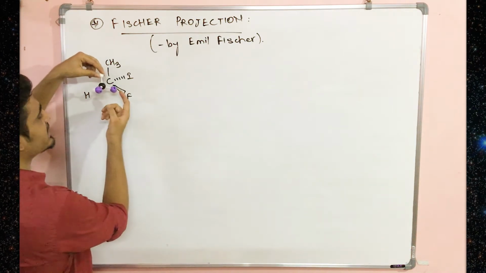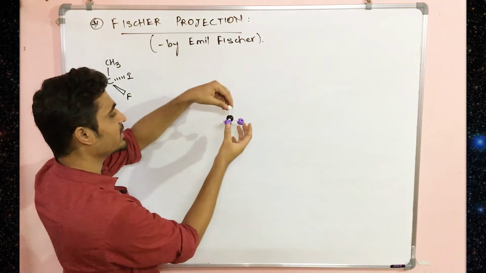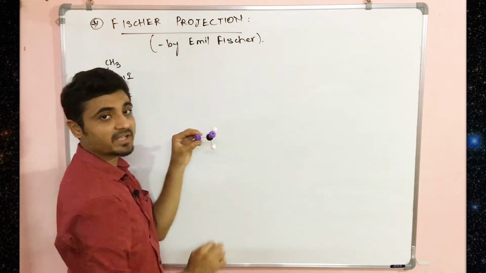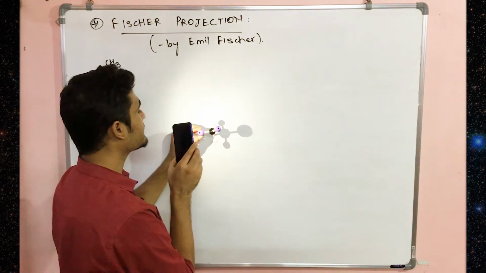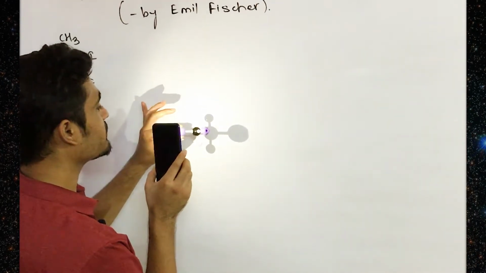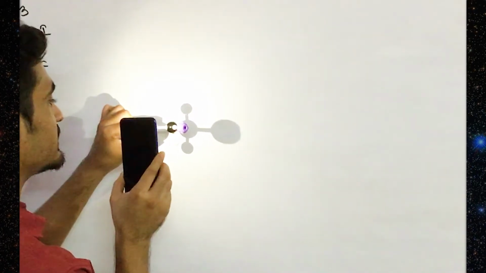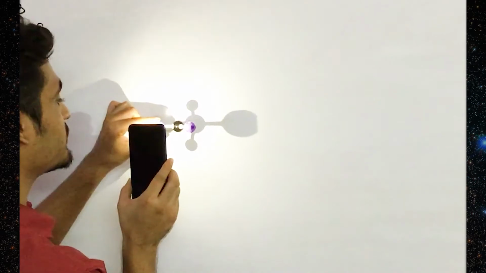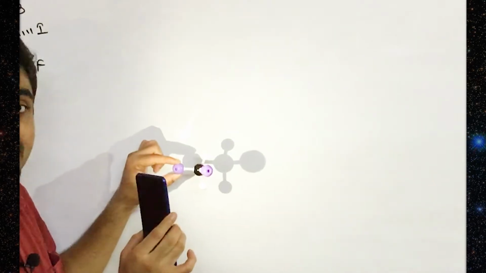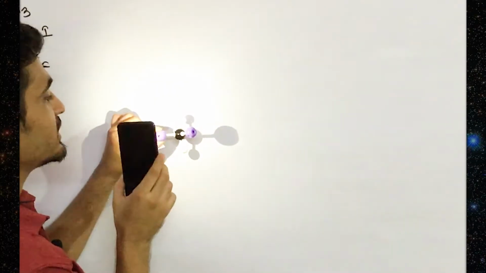These two bonds, going backwards and frontwards, are that bond. Now what he did is he rotated this compound a little bit, tilted it backwards, and took its projection on this 2D plane. Let me show you. Right, like this. If you look at this projection, this three-dimensional molecule is now projected on this two-dimensional plane, and if you look closely, you can see that these purple atoms, which are coming towards you, or basically above the plane, are on the horizontal bonds, and the white atoms which are going below the plane, or behind the plane, are actually on the vertical bonds.